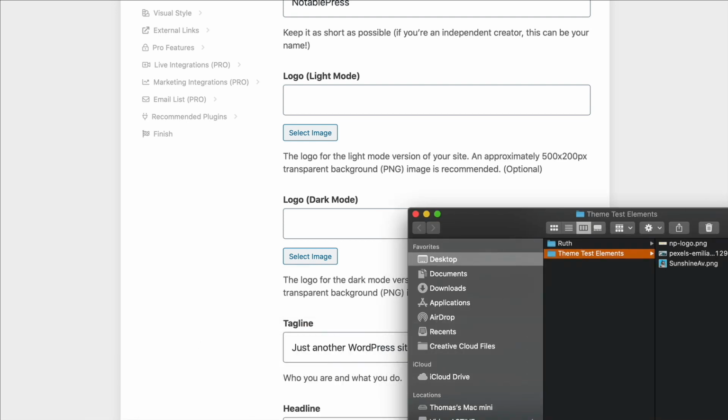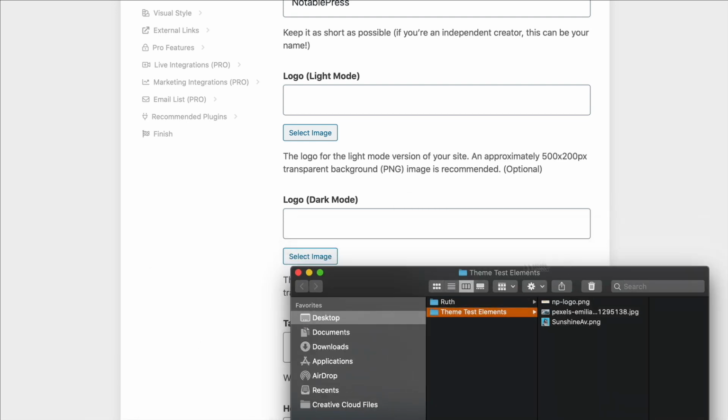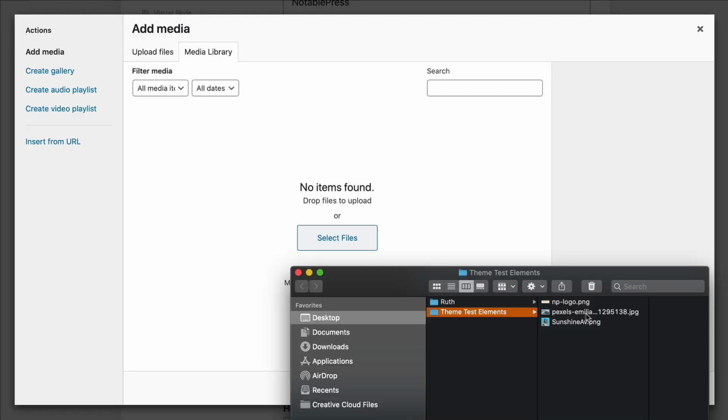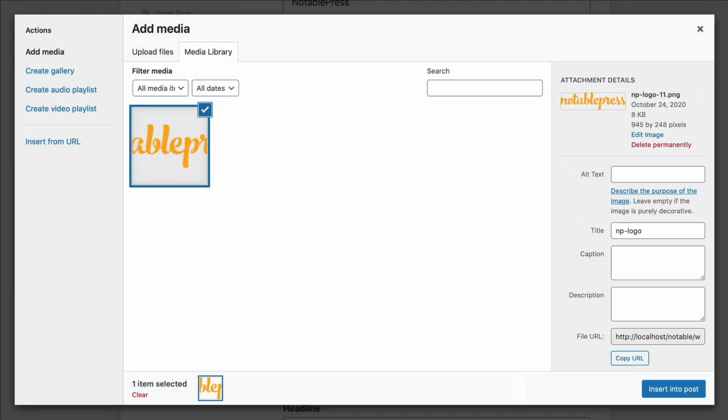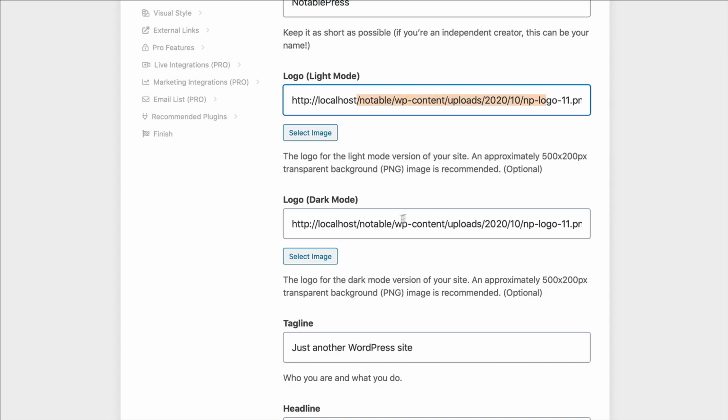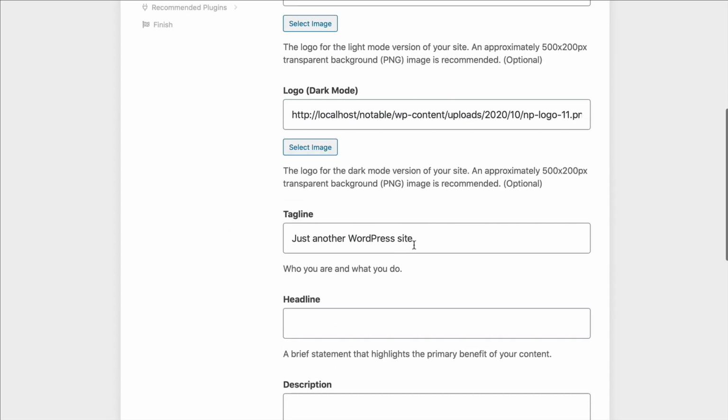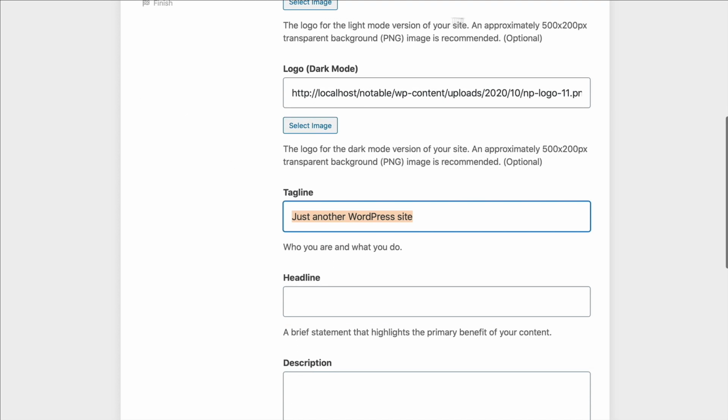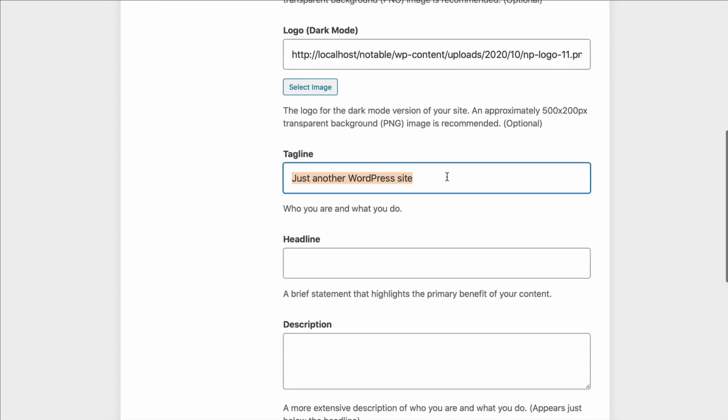Okay, so I actually just have some files here I've been using for the sake of testing. So let's go ahead and just grab that logo. And I'm going to use the same logo for the dark mode as I did for the light mode. Tagline, I'm just going to go ahead and leave that the same. The tagline is actually just the section that shows up at the top of the browser. So it's going to show in the title of the tab bar, and it's also going to show up in